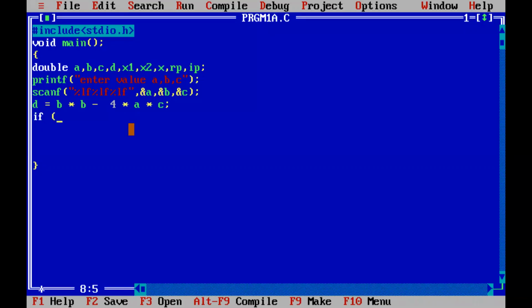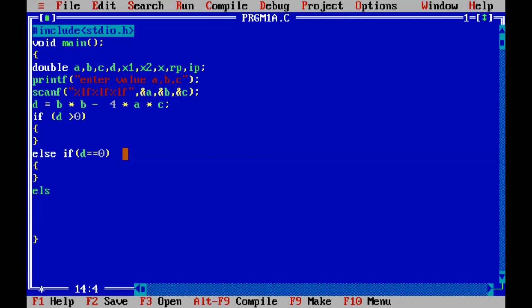If you want to print the discriminant, you can print. Now what is our aim? Now we are going to check the 3 conditions, whether the d value is greater than 0. That is our first condition, and we give the statements over here. Then what is the second thing? Else if d is equal to 0, that means we are checking. I told you comparison is done using the double equal to symbol. Then we give the condition over here.